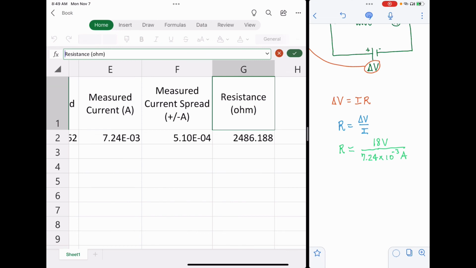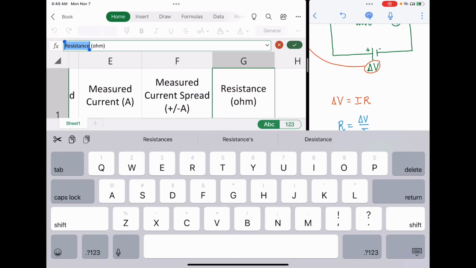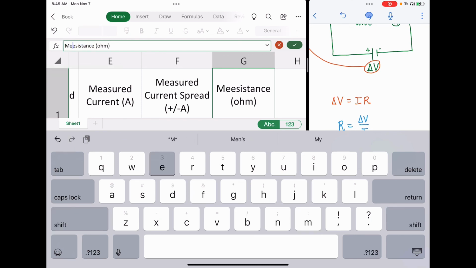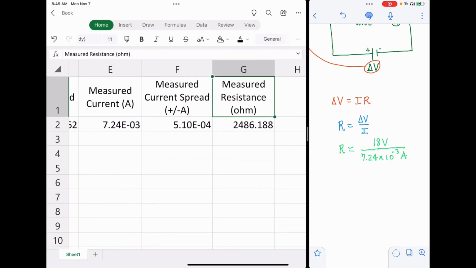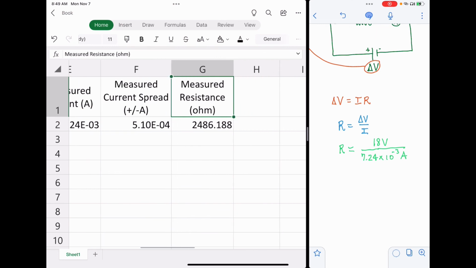So I'm going to go ahead and say, there we go. This is our measured resistance, okay? And now we want to find the uncertainty